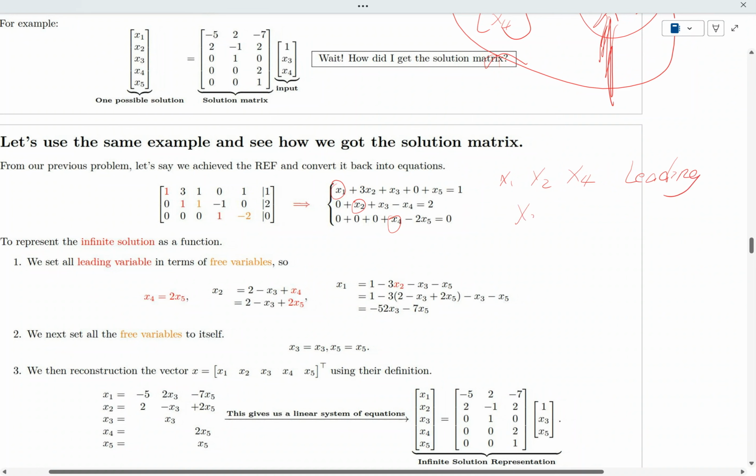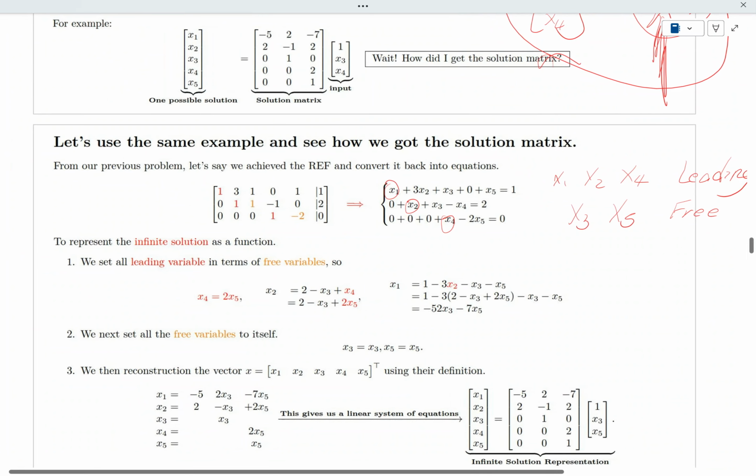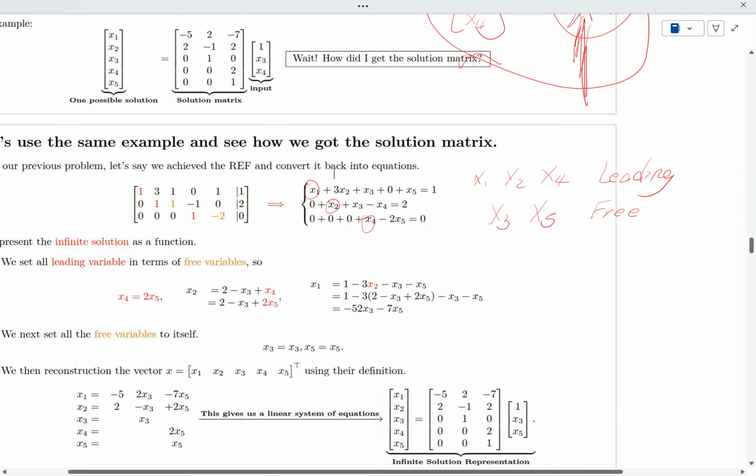And then x3 and x5 are free. So that's what we know. Okay, so how do we get the solution? Well, once we achieve REF, that's the key. First, you got to achieve REF. In this example, I already achieved REF for you. So once we have REF and we have identified leading as well as the free variable, then